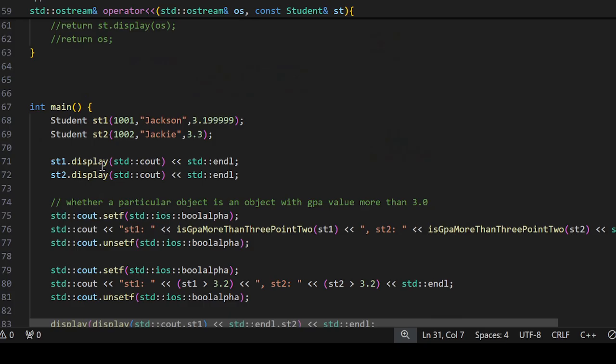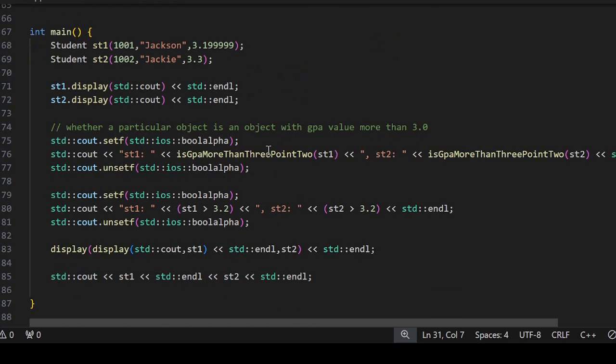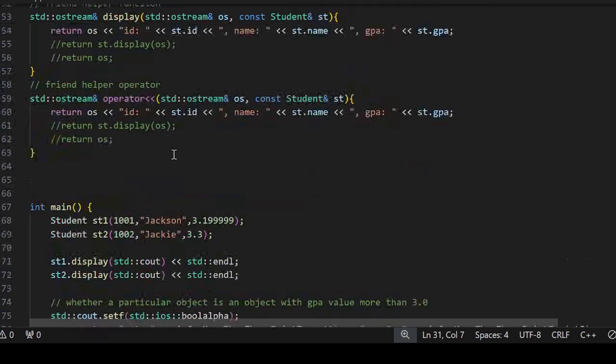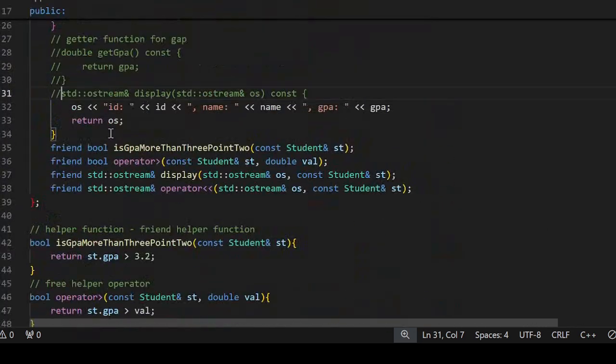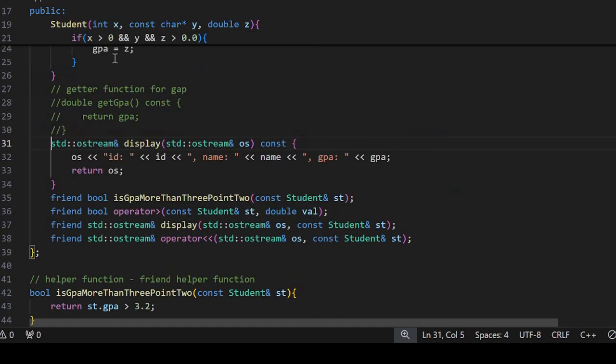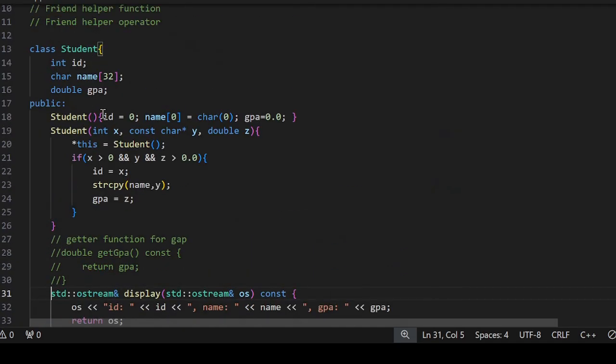Only for this purpose we'll need that function, but for the purpose of invoking this function or this operator, we don't need to have this function. So that means friendship can allow you to have simpler code, I mean a smaller amount of code in the class,